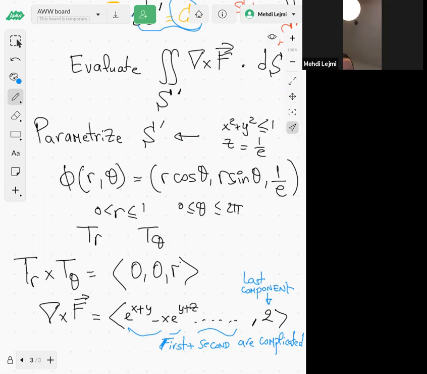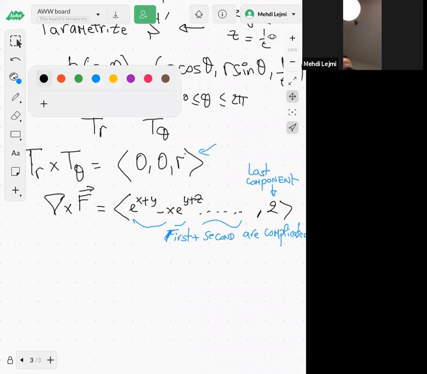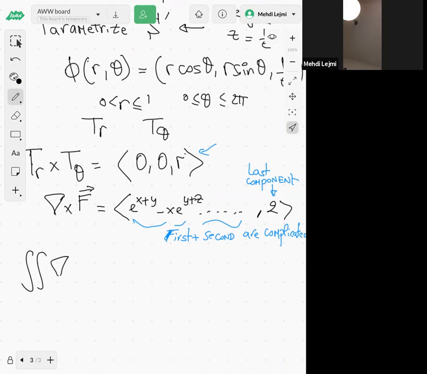But the thing, guys, you see here in the normal vector of my surface S prime, it's just 0, 0, r. So when you take the scalar product, the first component times 0 will be 0, plus the second component times 0 will be 0. So it doesn't matter what you have in the first and second component, because you're going to have just 0. And all you have to do is multiply this r by 2. So when you compute the curl of f along S prime,